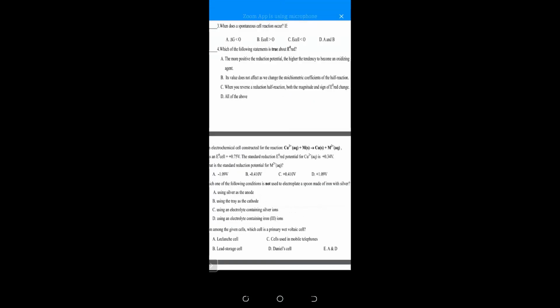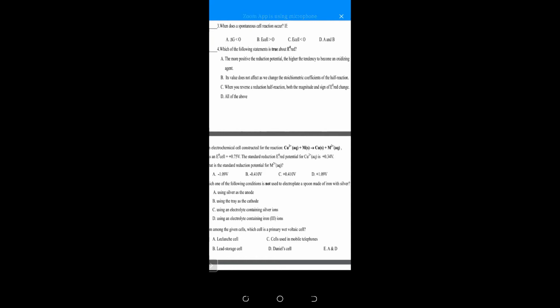Okay, number 4. Which of the following statements is true about E of reduction? ምን ይላል እዚህ ጋር? True የሆነው: the more positive the reduction potential, the higher the tendency to become an oxidizing agent. More positive ነው ማለት ምንድነው ተባብለናል? More ወይም value ትልቅ ነው ማለት እንደ ካቶድ ነው አክት የሚያደርገው ብያቸዋል. To be anode,